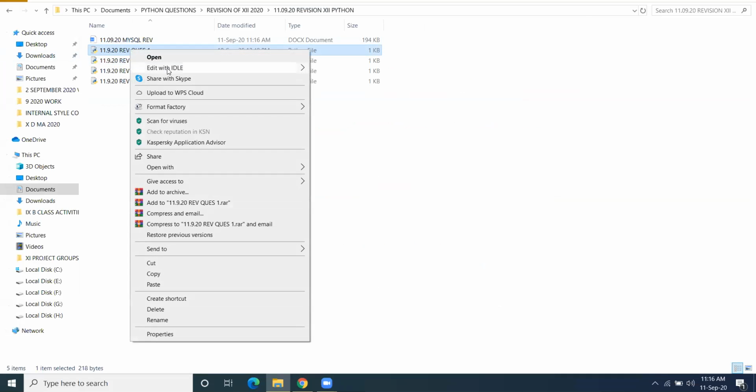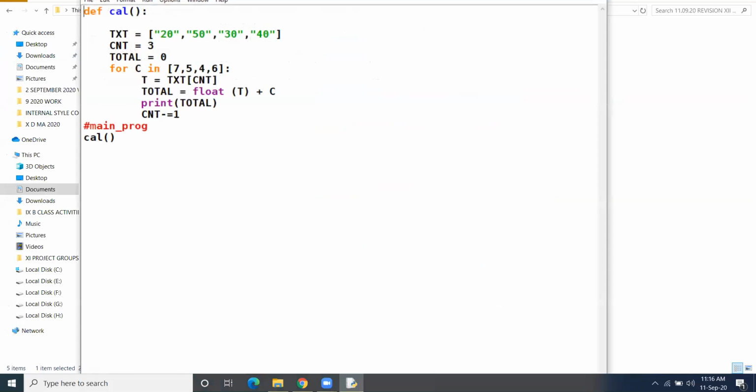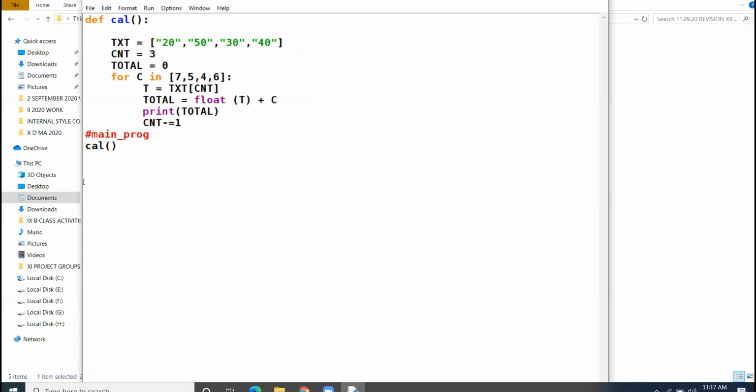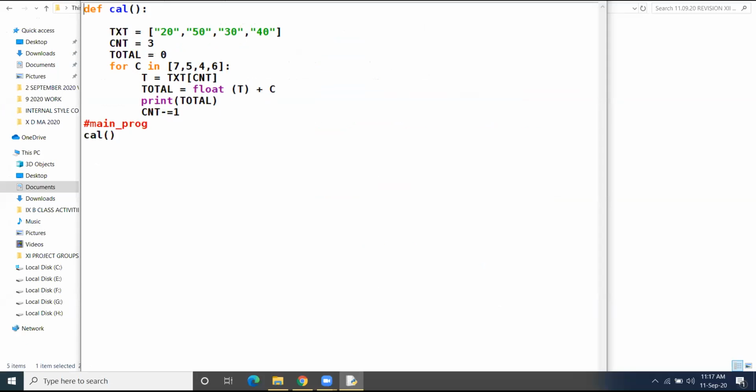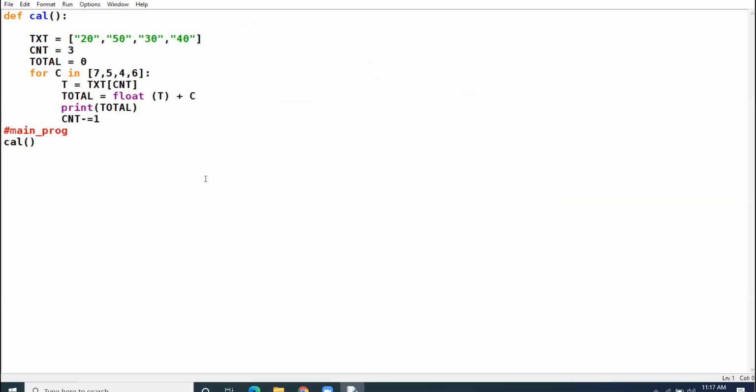Okay. Now I shift over to the function output questions. The first output question I'm going to show in front of you. This is the first output question based on the function concept. And here I'll be solving the working notes. I give you 1 minute. Carefully go through the question, and it will be very nice if you keep a copy in front of you. Parallel to me, try to solve the question. It will be a very good practice if parallel to me, you also solve the question.